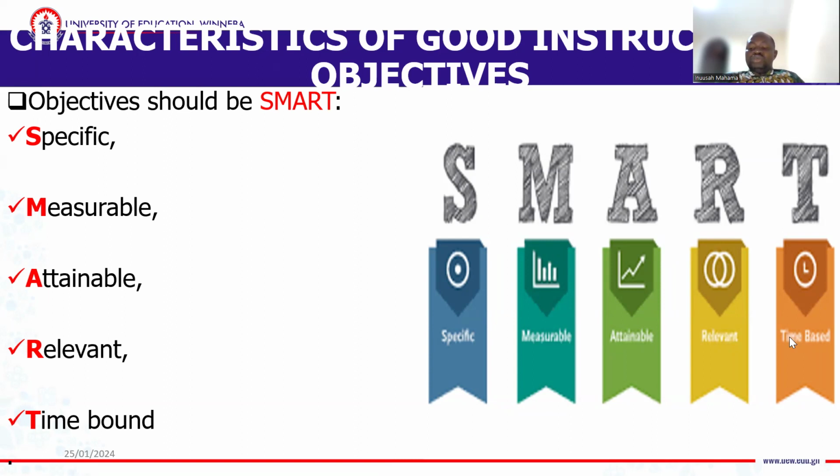It should go according to the time that you have stipulated for it. It shouldn't be too short, it shouldn't be beyond. It should be balanced in a way that the learner is able to achieve it, and you, the instructor, are able to walk the learner through the processes in order to achieve the objectives that you have set for them. If these things are not done according to the SMART acronym, then it goes against you as an instructor, regardless of how many qualifications or certificates you have acquired for yourself.